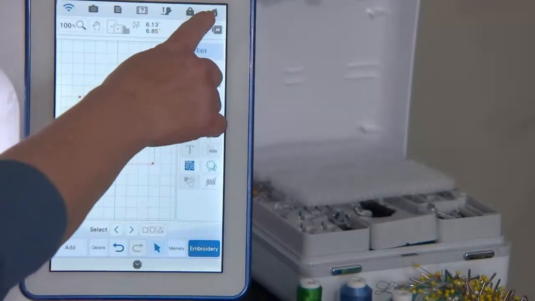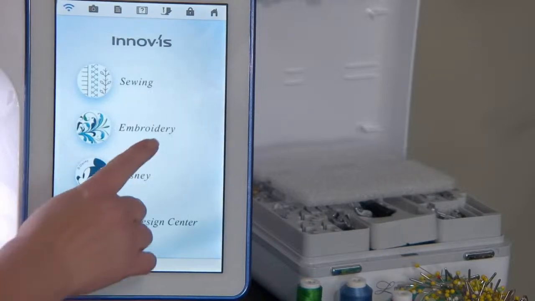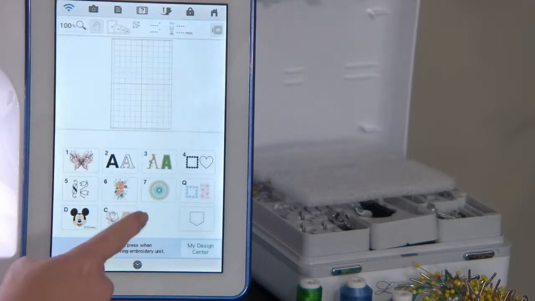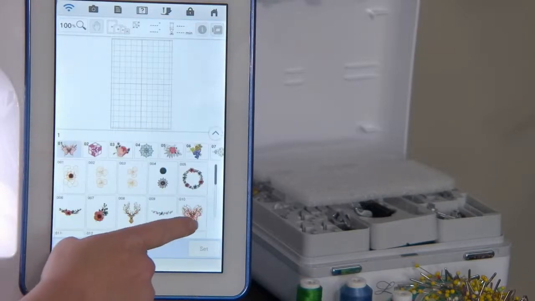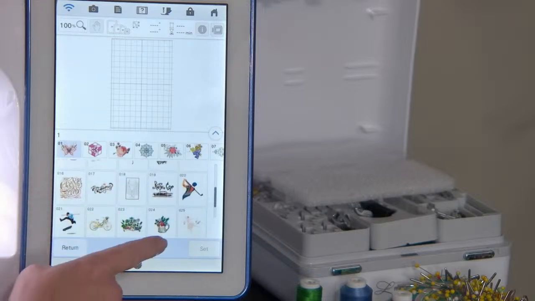So if you have My Connection enabled on a Luminaire or a Stellaire, you can bring in any embroidery design. It does not matter where it comes from besides Disney. But I'm just going to pull something in the machine itself because I don't think I have anything else hanging out there.